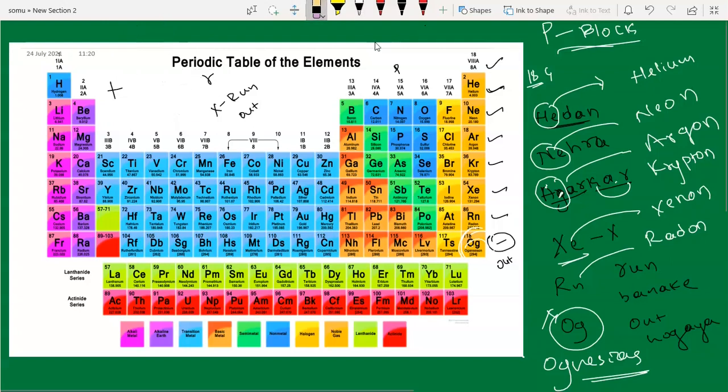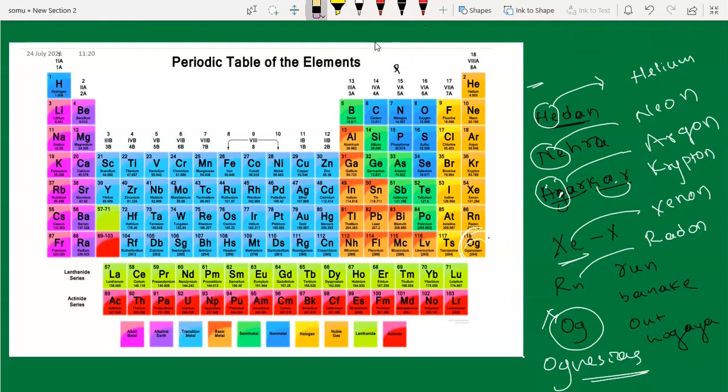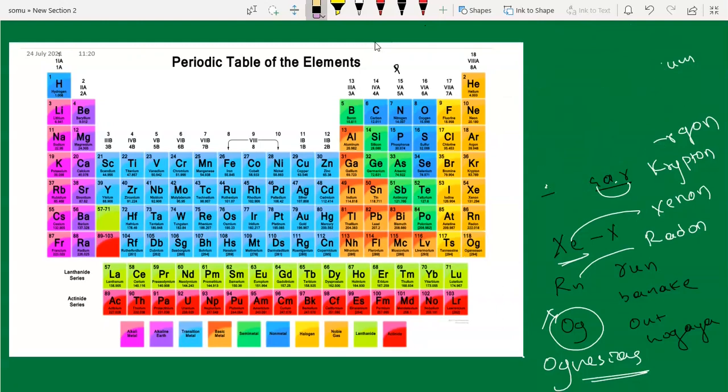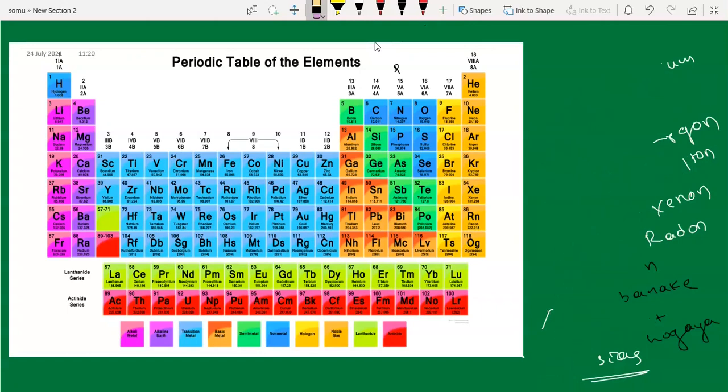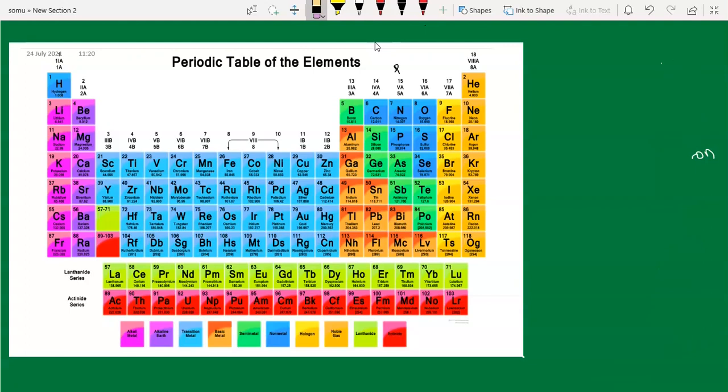So just take a screenshot of it. You can use these two codes for this. Okay, and you should remember one thing here also, number of elements in the group. That is very important. Number of elements also you should remember. If you remember elements, you can easily find out the number of elements also. That is not a matter here. But still, here 7, here 6, number of elements in the group.